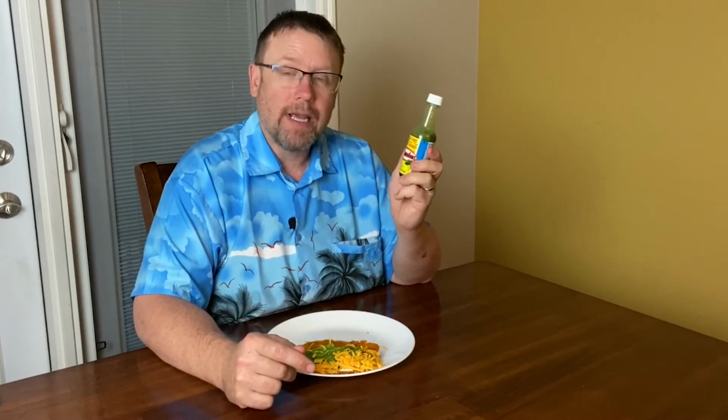Now, speaking of tacos, what I put on my taco is some of this delicious hot sauce that I got from Mexico. Now, I'm not trying to sell you hot sauce, but this does bring up a good point. One of the places we love to travel is Mexico. And when we were in Mexico the last time, we were in search of the best tacos and pina coladas